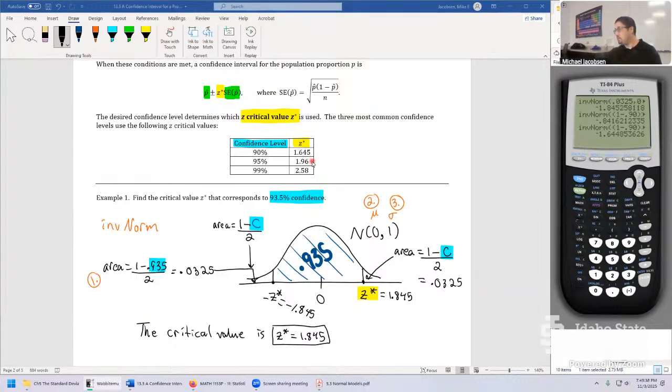Okay, so this one's actually special. The 1.645 has been rounded to 3 decimal places. This one's been rounded to 3 decimal places as well. There'd just be a 0 in that spot, if I recall correctly. But that one's different at 95% confidence. Let's rerun it one more time to check out this value. Go second vars, inverse norm. I'm going to use a left tail area again, and through this formula, we're just changing this to a 0.95. So 1 minus 0.95 divide by 2, and this is what we get out for this one.